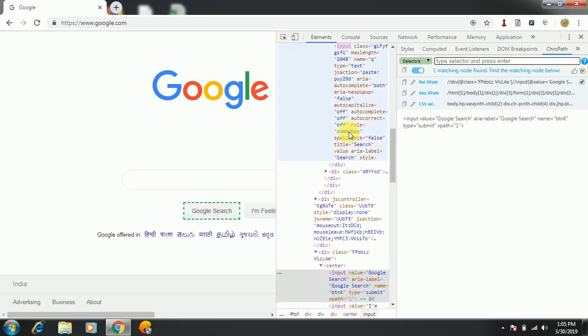So we'll try for this one. It is also the same as before. So this is all about ChroPath,